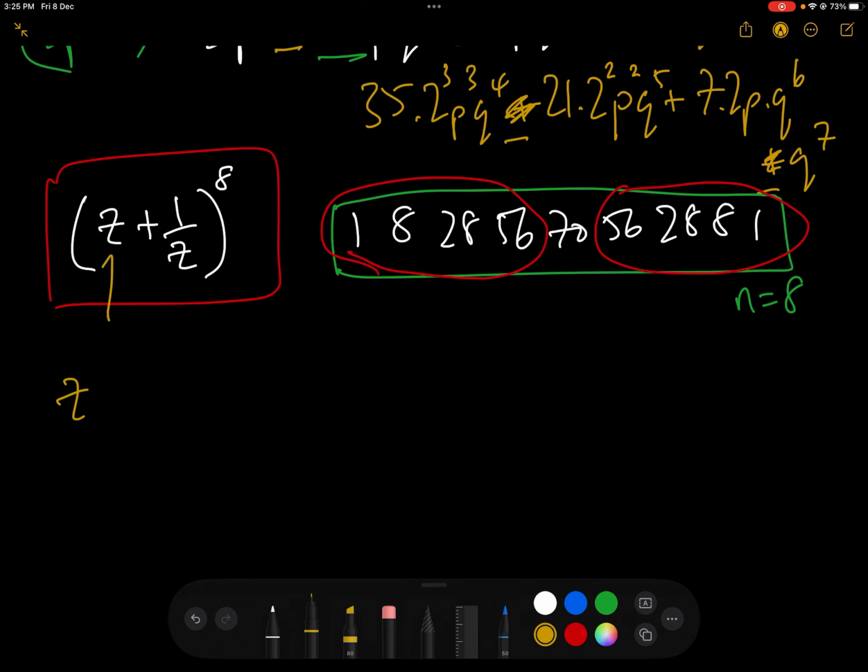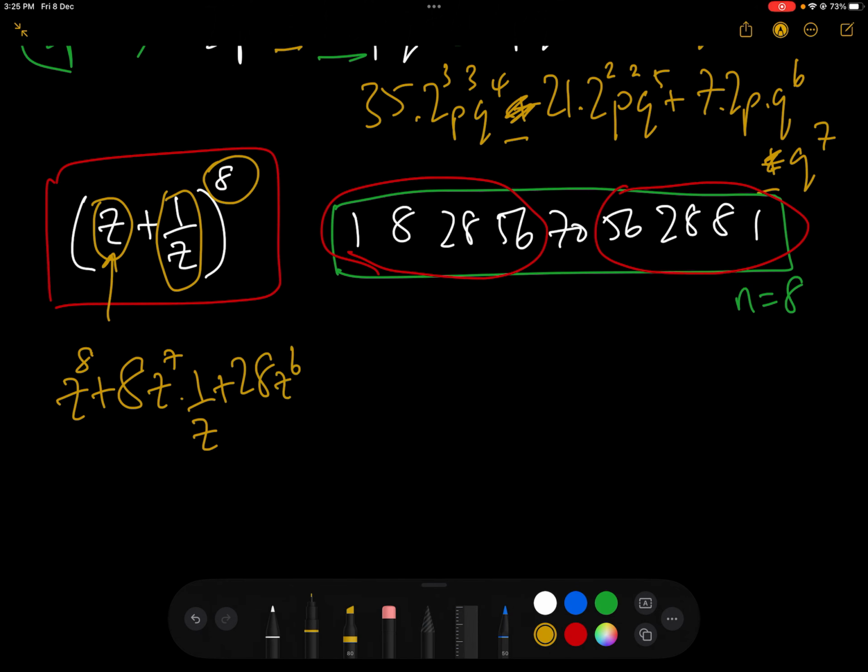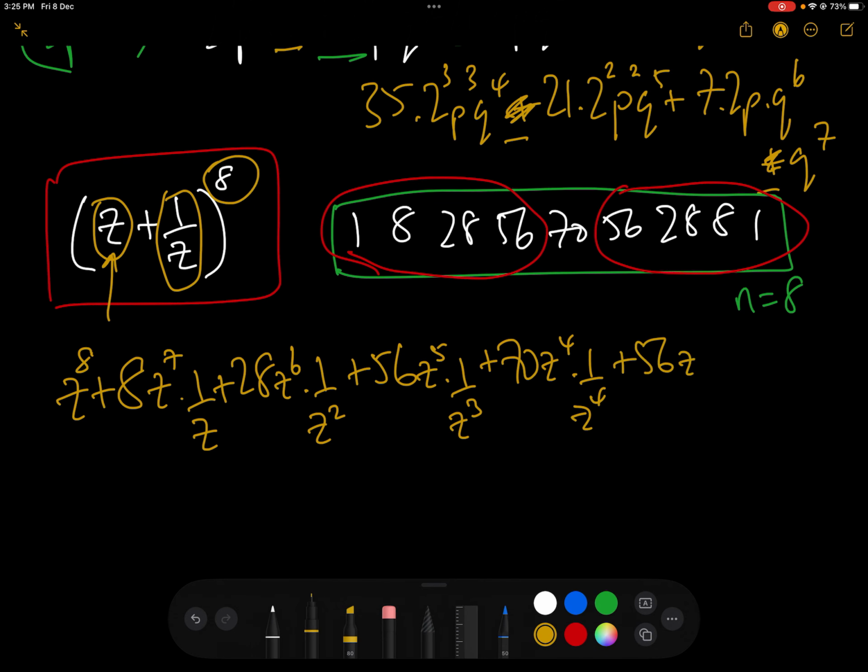So that would be z to the power of 8, because n is 8, plus 8 z to the 7 times 1 over z, because that's the second term, 1 over z, and that's the first term z, add 28 z to the 6 times 1 over z squared. You can literally write it down, you're not even having to calculate it. Z to the 5 times 1 over z cubed, add 70 z to the 4 times 1 over z to the 4, add 56 z cubed times 1 over z to the 5, add 28 z squared times 1 over z to the 6,